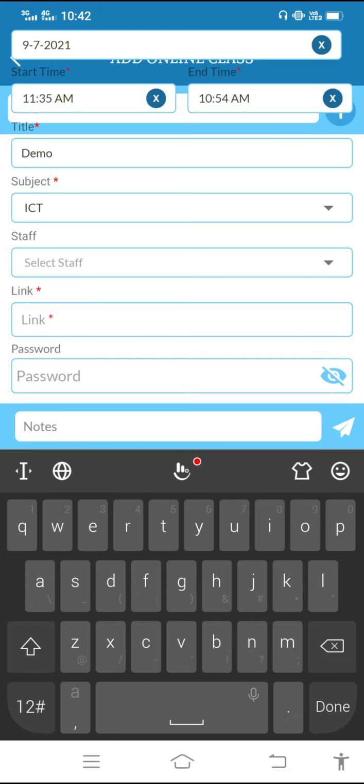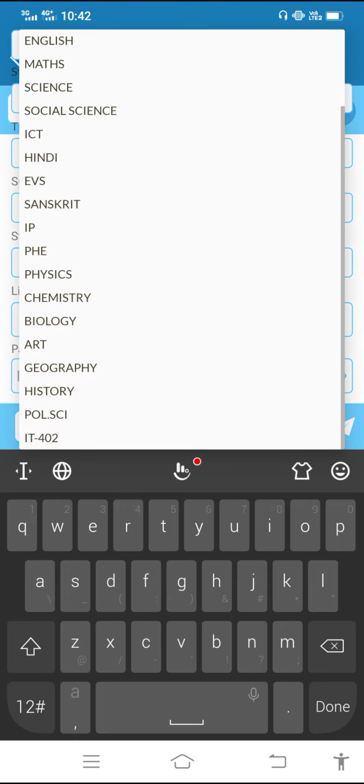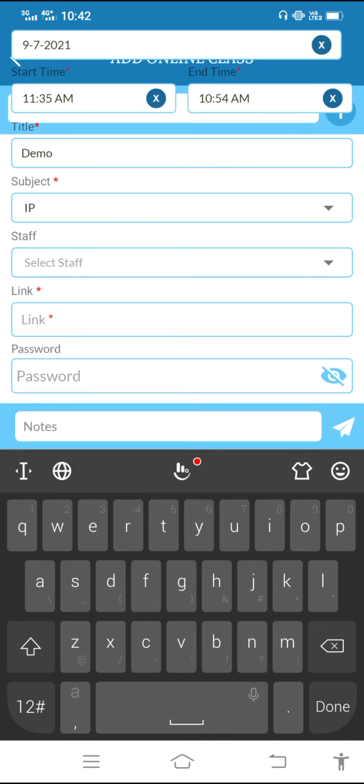See here, now teachers, you can see your subject only, because whatever subjects have been mapped with you in your school portal, those subjects will be shown here. If you are the subject teacher of English, then only English will be there. That depends upon the name of the subjects. Suppose in my case, I have mapped all the subjects, that's why it is showing all the subjects. In staff name, only one name is there. Earlier it had all the staff details.